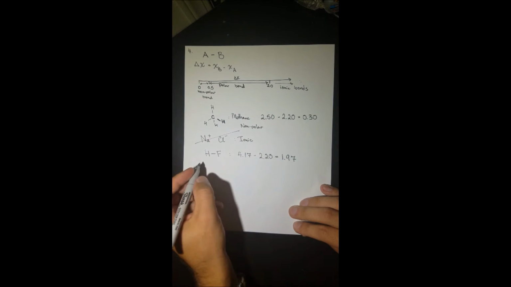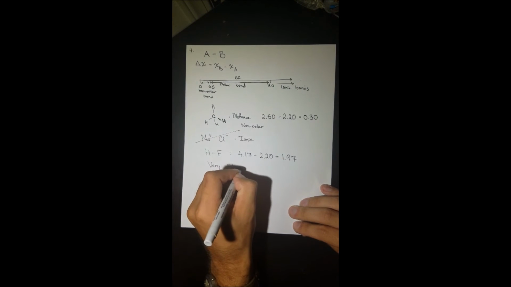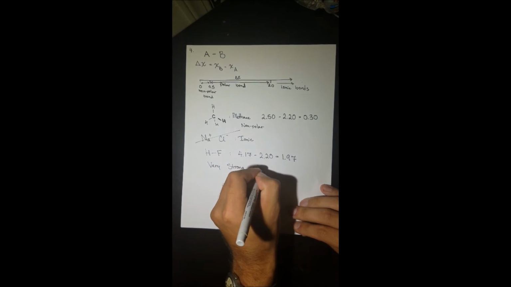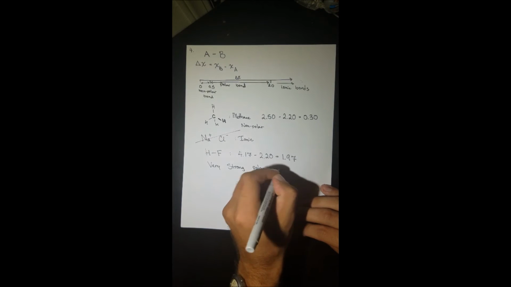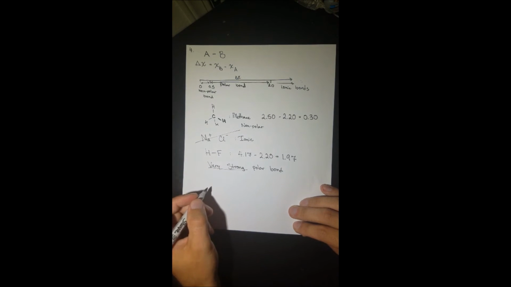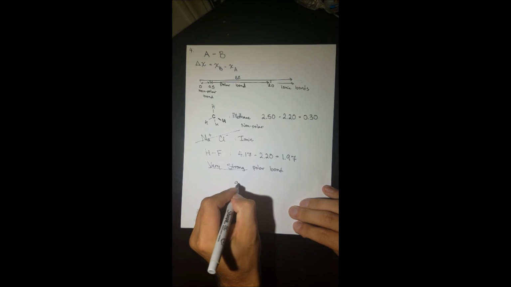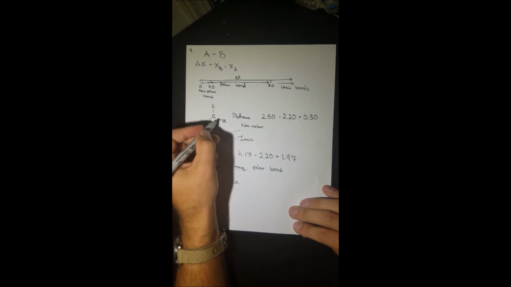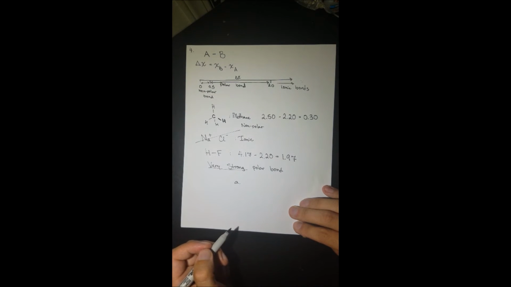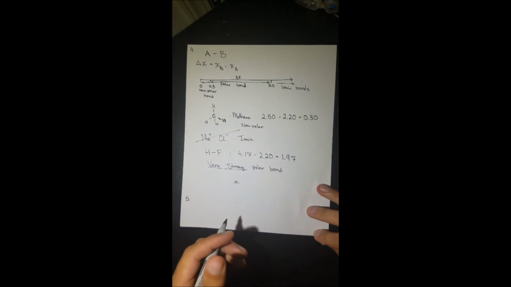So what this would indicate is that this is a very strong polar bond, but it is a polar bond nonetheless. And you can do a similar analysis for carbon dioxide. So the correct answer here, of course, is going to be A, methane, because the carbon-hydrogen bonds are nonpolar. So for number 5, we can do a similar sort of analysis where we take a look at the electronegativity differences